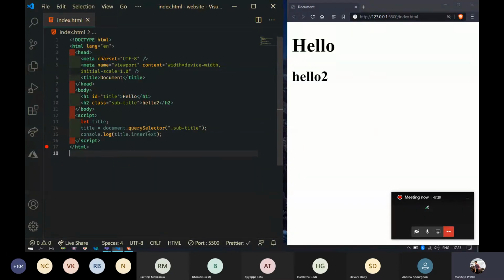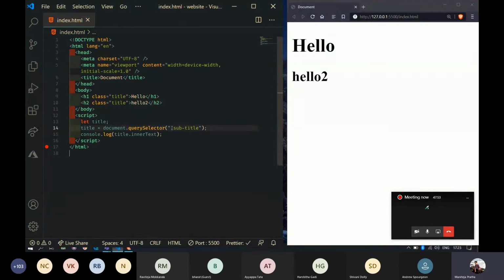So you can do it in multiple ways. You can also use get element by ID or get element by class, but this is a more elegant way of doing things. Now we have another problem with query selector. Let's have the same case: multiple elements with the same class name, the class title.